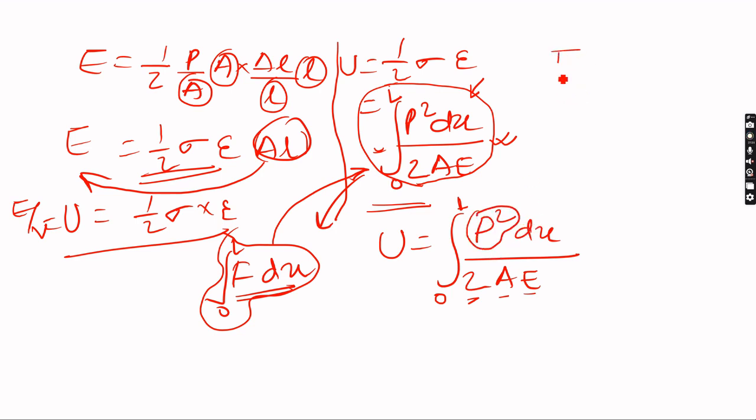Along the length, like your body was like this. Suppose this is the x axis, like in this direction, x is there. So along the length, P is variable. That's why I am writing integration. Why is P variable? Suppose up to here, I am trying to calculate at this part, what is the weight